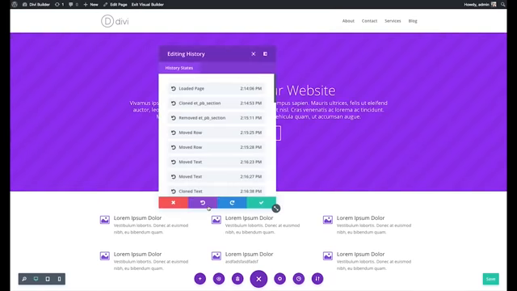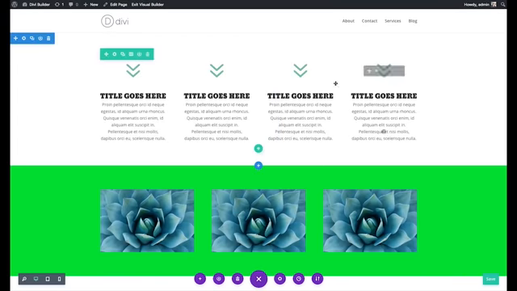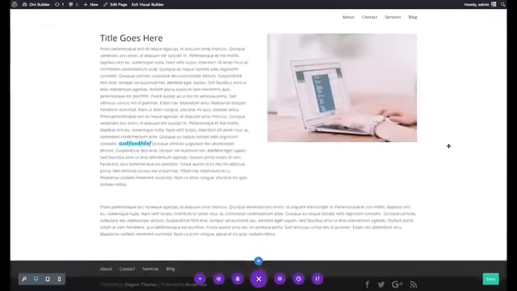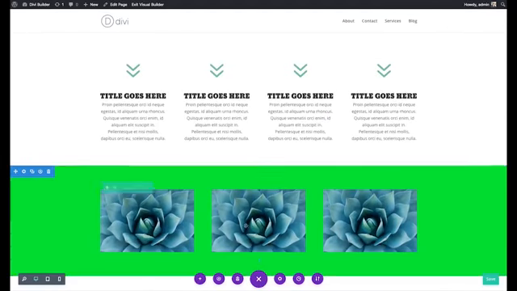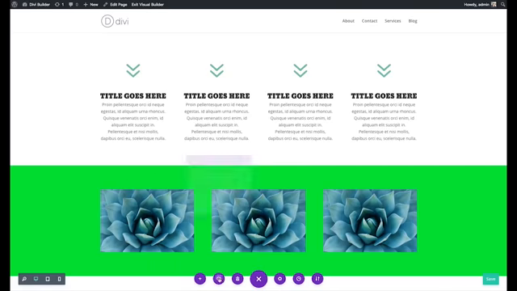And let me go back here to our previous state. Okay, there we go. And so let's say I like this layout and I want to use it again later on. Not the most beautiful layout, but let's just say it's a great layout and I want to use it again. I can save that to the library, and the next time that I open up this load from library button, I'm going to see it over here. So I will save this to the library and we'll just call it